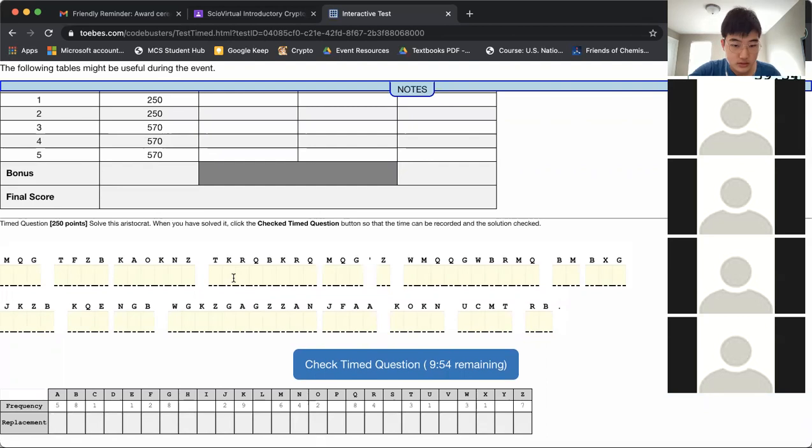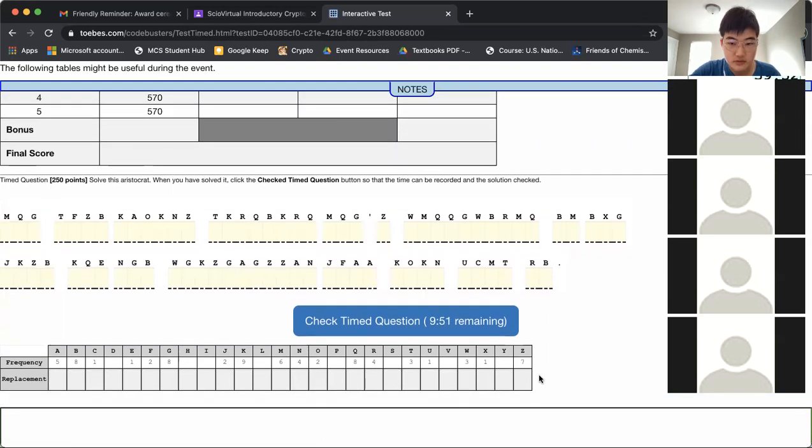All right, I'll scroll down so it's a little bit easier to see the frequency table. All right, well, you can see that MQG happens here and it happens here. And it's part of a contraction. I'm not sure how to explain that actually, but